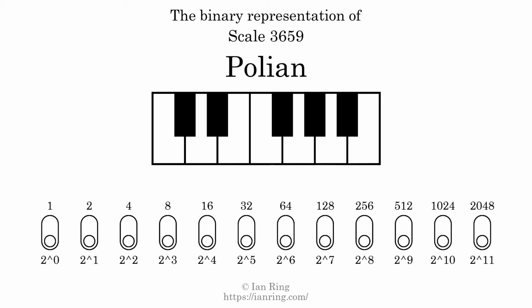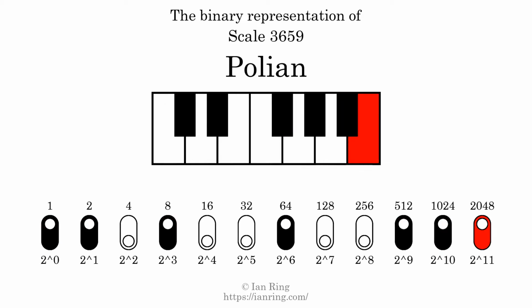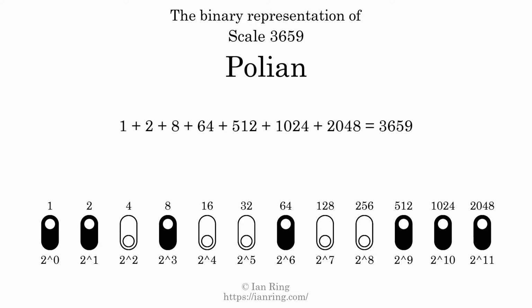The binary representation of this scale is determined by mapping tones of the scale to binary digits. Each binary digit represents a power of 2. To get the scale number, we add the powers of 2 together. The powers of 2 that are present in the scale, all added together, equals 3659. That is why the scale number, in decimal, is